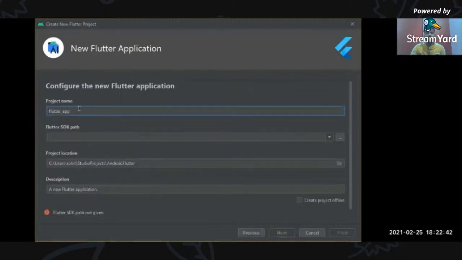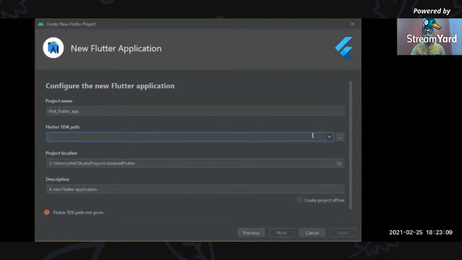Now name your project here, like first Flutter app, and you have to set up the Flutter SDK path. Okay, so guys, this is the path that you extracted in your C drive earlier.